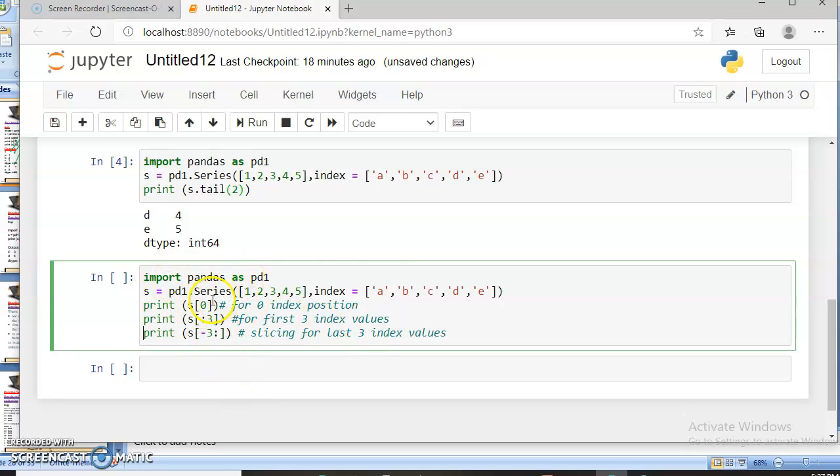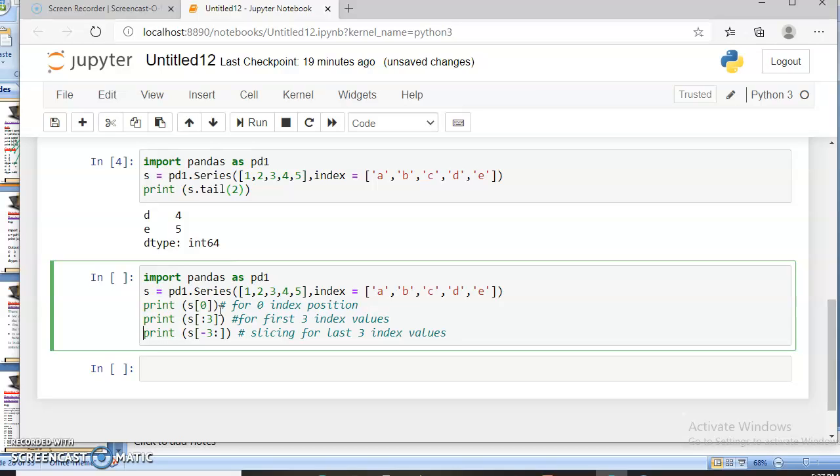Now with the help of the Series function, I have created the series. The elements of the series are 1 2 3 4 5. I set the index from A to E, and now I want to access the zeroth element of my series, which is stored in the variable S. So I will give print S of 0, meaning I want to access the 0th element of the S series.